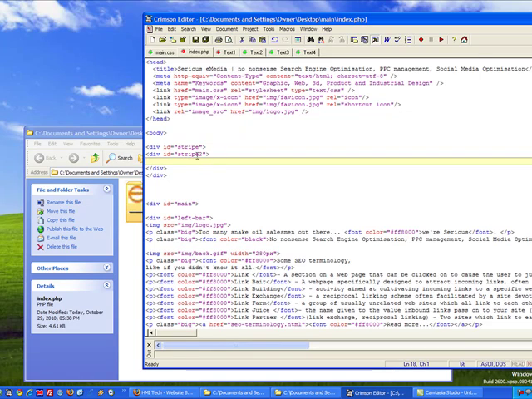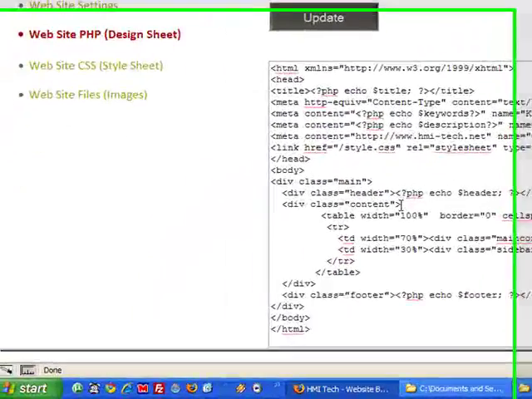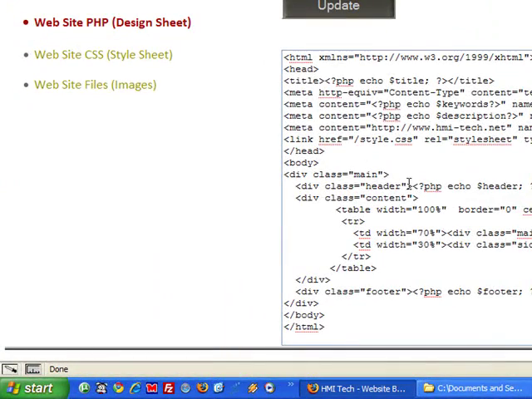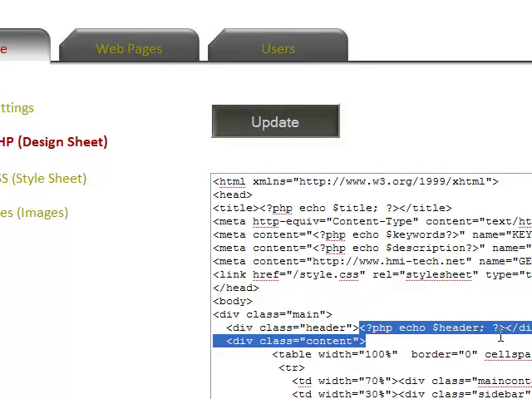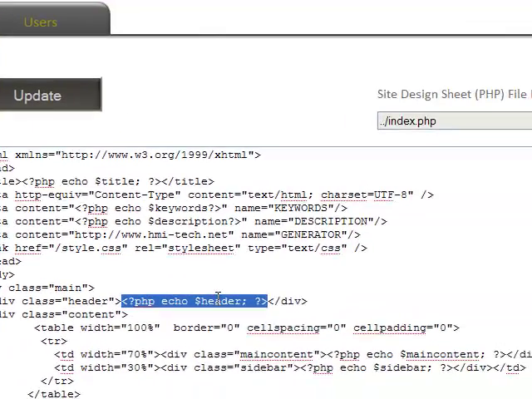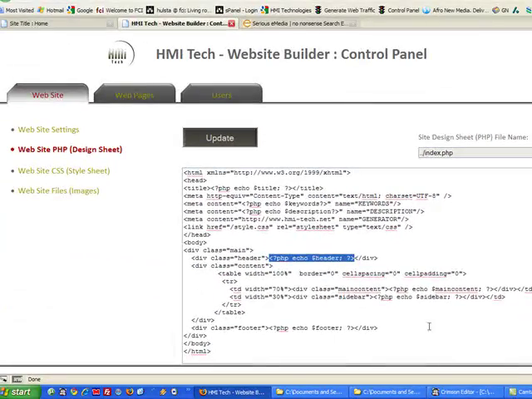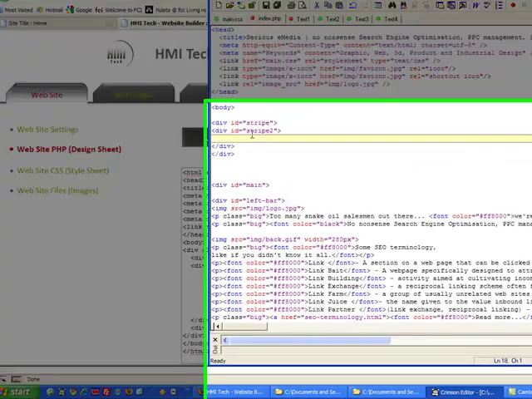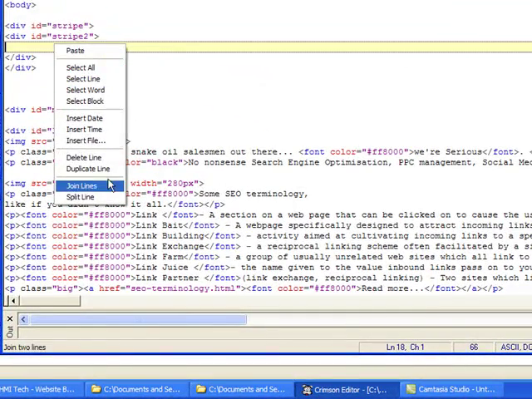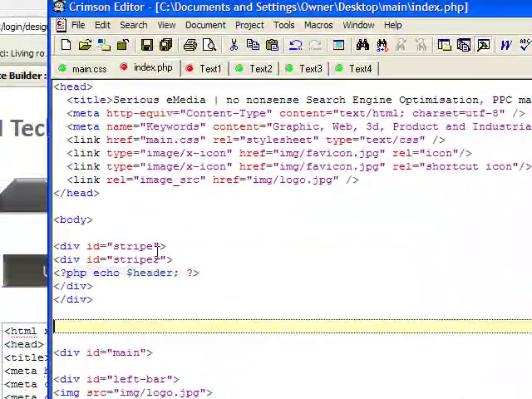And here I want to include some PHP code, and that code is very simple to find. You just go into the site builder and you can just copy it from here. It's basically echo header $header from the PHP. So the CMS already stores whatever is there in the header, whatever we need in the header. So all we have to do is just echo it out. So I'm going to echo that here, paste. So that's come there,